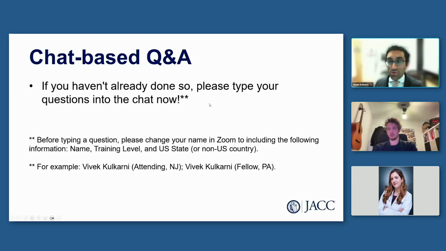While we're waiting for questions to come in, Megan, I have one question for you as a practicing interventionalist. I think from this trial, it's pretty clear that if you come across a patient like this who has a CTO of a native vessel and a vein graft that looks intervenable, it makes sense to maybe go after the vein graft, and we have more support to do that. I'm curious, in a situation where the native vessel is not a CTO, and where the native vessel PCI looks like it would be relatively straightforward without the same CTO techniques, does this trial still make you think about intervening on the vein graft preferentially, or is that a little harder to say?